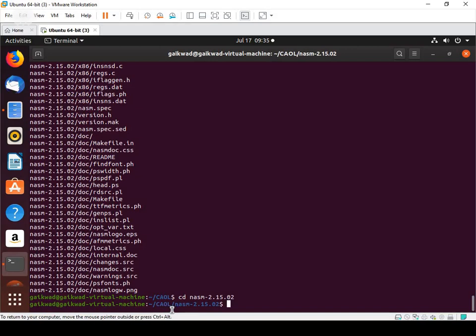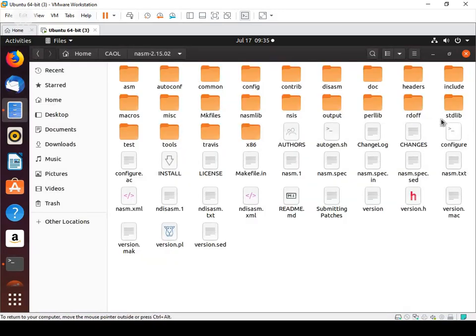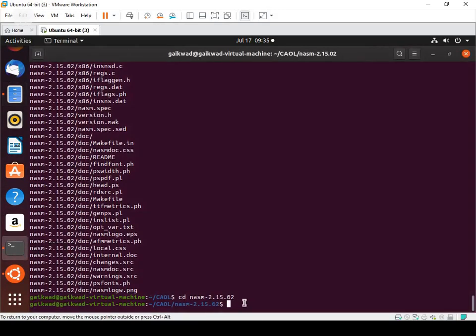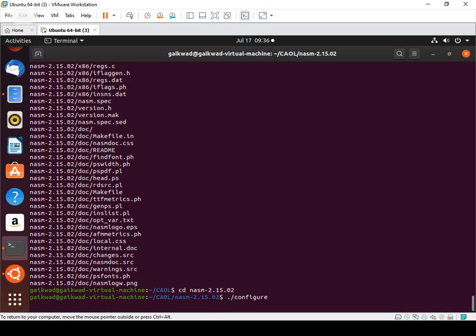CAOL is my folder and the nasm folder is the extracted folder. In our extracted folder we have this configure file. So we are going to install it with ./configure. Press enter.